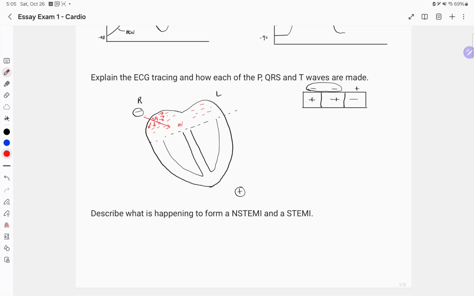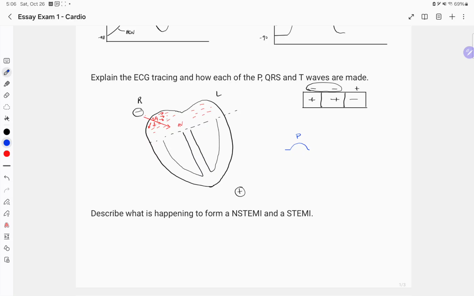So if we're drawing our graph for our reading on an ECG, what that would show here is what we call our P wave. We'll label that P right there. Okay, and the reason that goes up like that is because